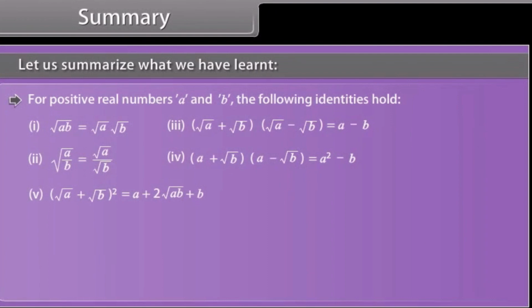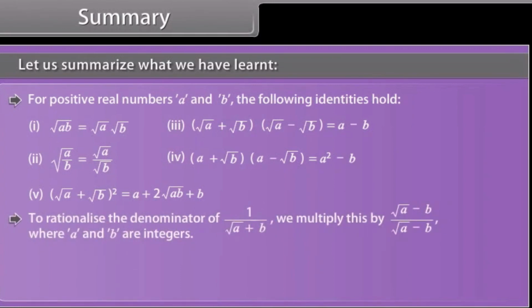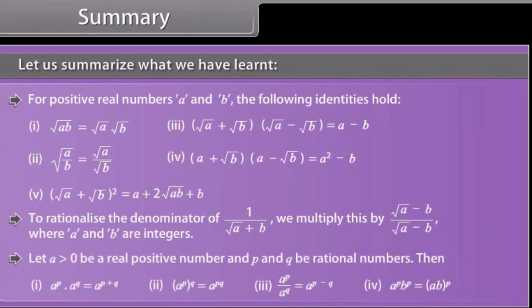For positive real numbers a and b, the following identities hold. To rationalize a denominator of 1 upon root a plus b, we multiply this by root a minus b whole upon root a minus b, where a and b are integers. Let a greater than 0 be a real positive number, and p and q be rational numbers, then